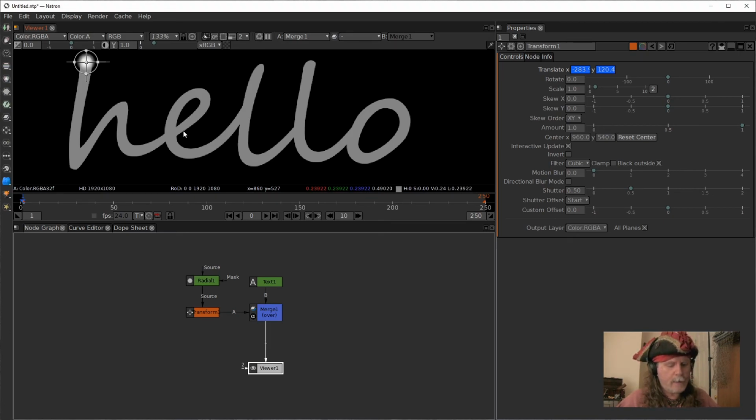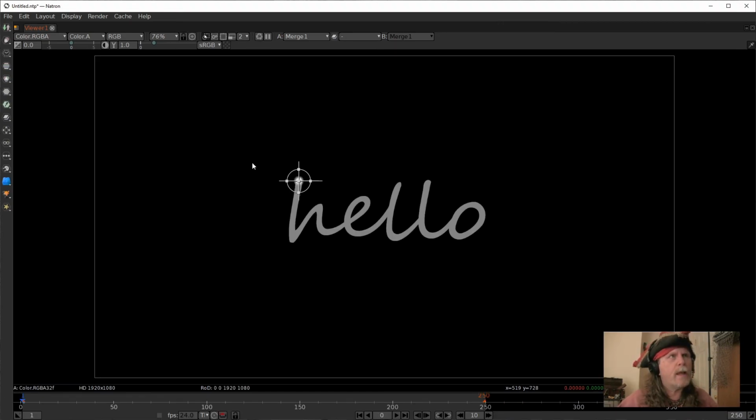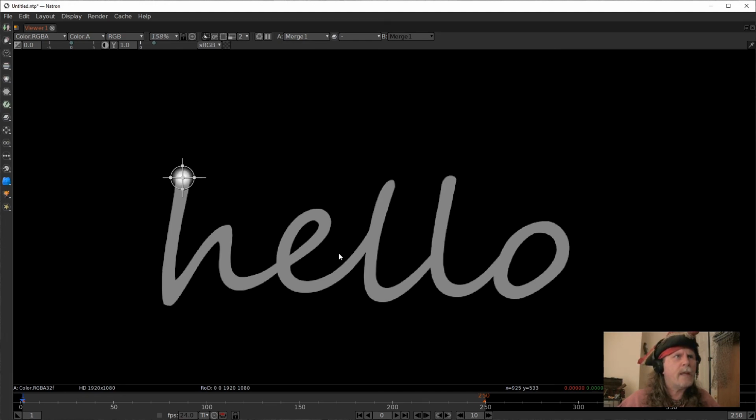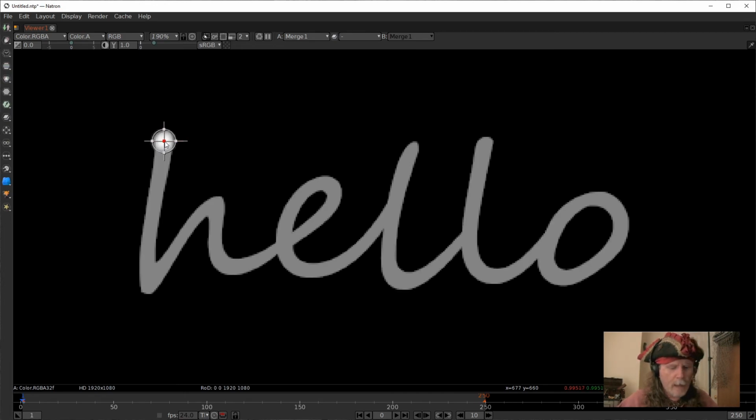I'm going to hit the space bar to maximize this. I'm also going to hit F to make sure that I have centered it, made it fill the screen. I'm also going to zoom in a little bit so that we have it nice and big, so that we can definitely see this. All right, so I'm going to click on the center of my transform node right now, and with the center of my transform node